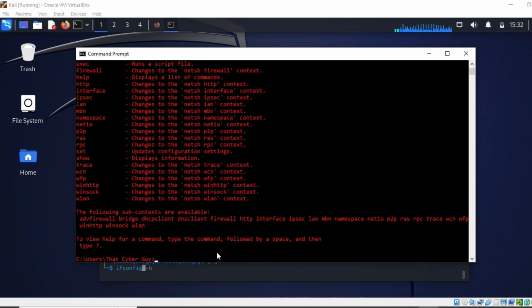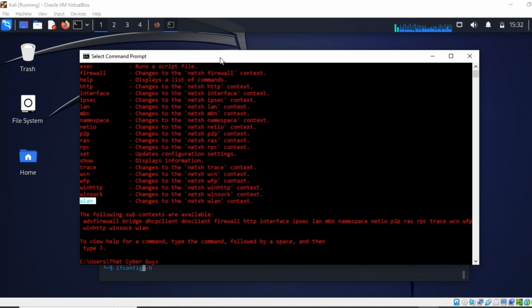With netsh, we can use the wlan keyword to see all the Wi-Fi that the laptop has been connected to, and then we can actually see the password of that Wi-Fi. For example, if I type netsh wlan show profile,